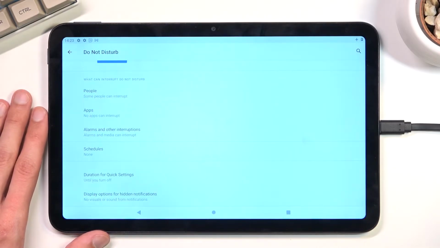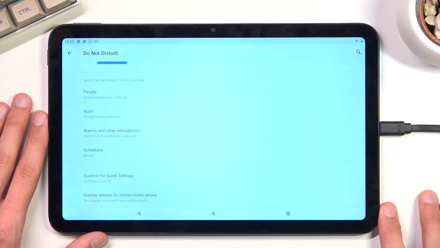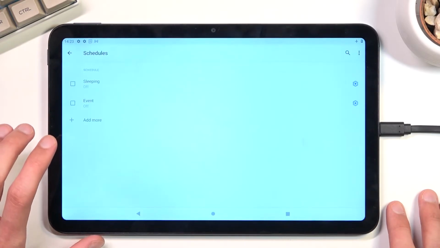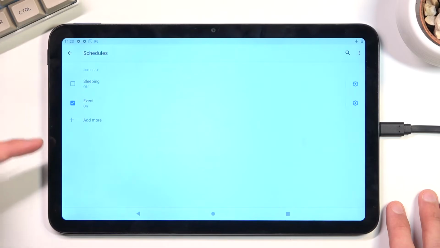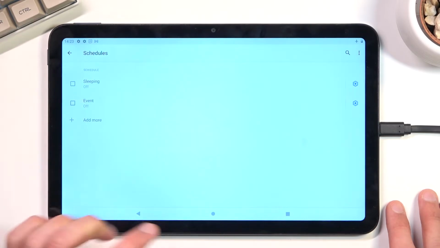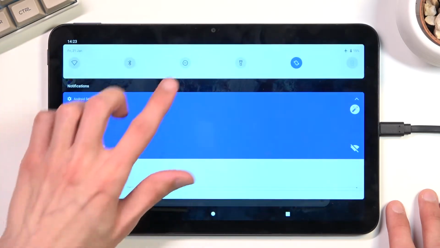And when it comes down to enabling this Do Not Disturb mode, there are two ways. If you want the schedule route, just make sure that the schedule is toggled on from here, like so. And if you want to go the manual route, all you need to do is find the toggle, tap on it,